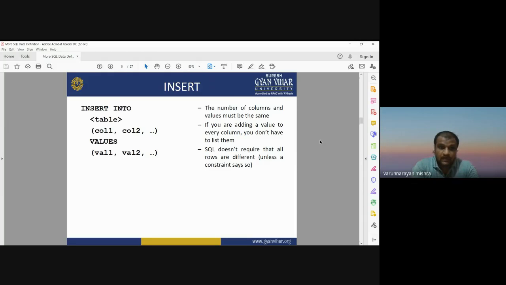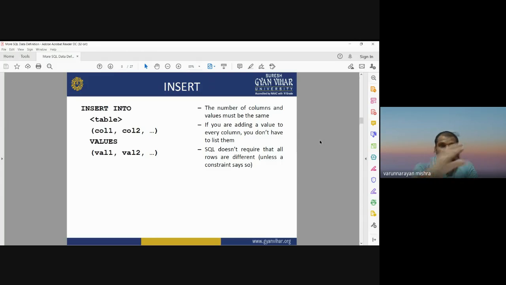After defining the table, we define in which column you want to insert. If you want to insert a value in column 5, you write column 5 within the bracket. Then in the next line you define the values. Now in column 5 I am going to insert value 50. So it will be written as INSERT INTO table 1, column 5, VALUES 20 or 50, 60, 100, anything.